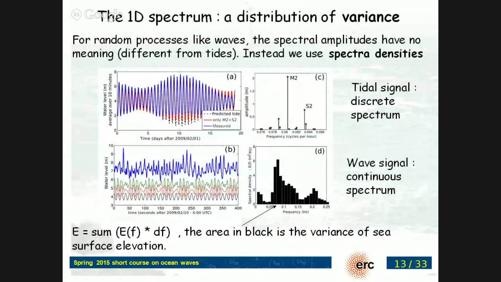So I was talking to you about the 3D spectrum and then the 2D spectrum, but in most applications, people have time series. When you transform time to frequency by the Fourier transform, you have a 1D spectrum, waves in only one dimension. And what I want to stress here is that we can usually model waves as a random process. This is very different from the spectrum of the tide.